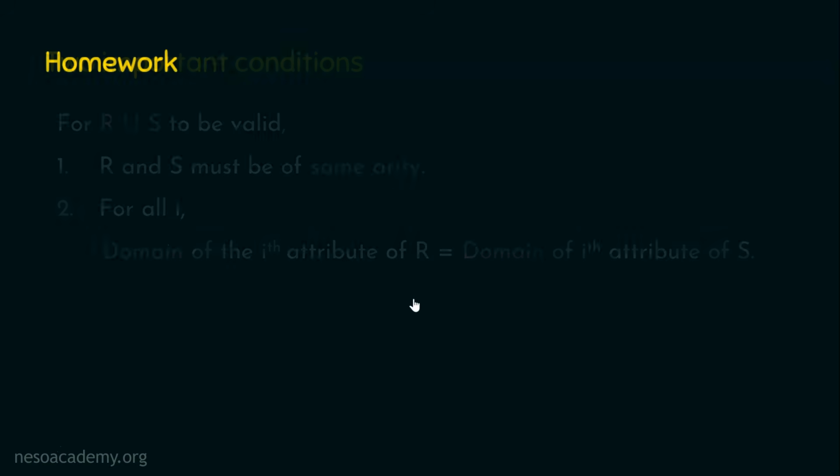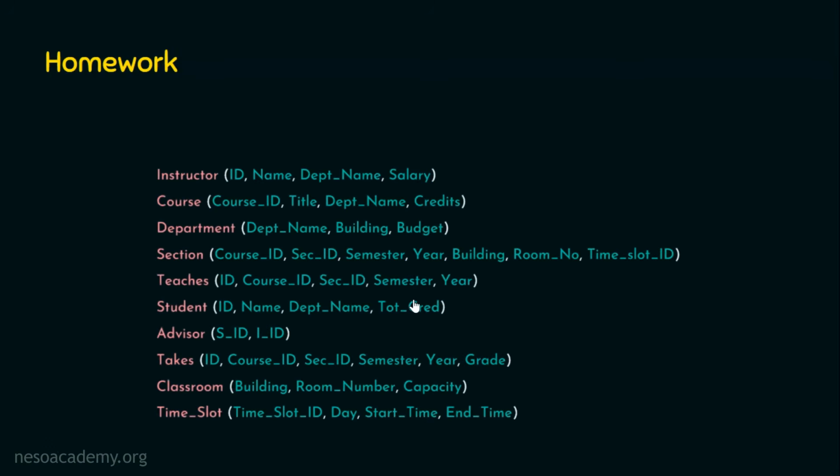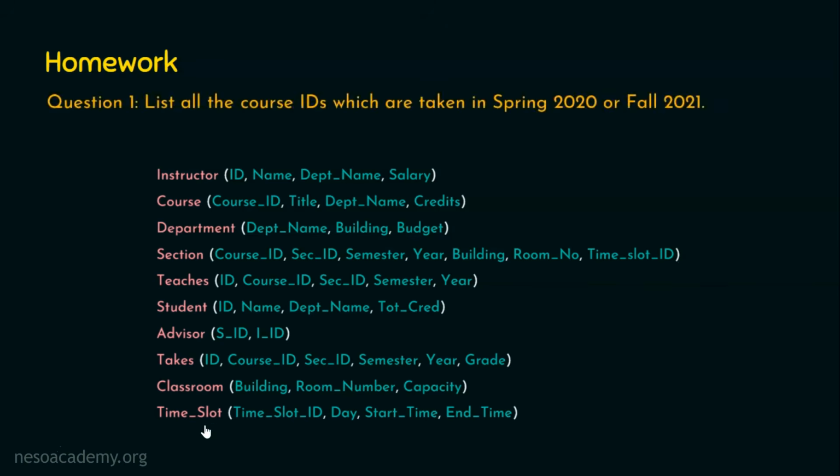Here we have two homework questions. Let's see what they are. Before seeing the questions, I wanted to introduce the schema that we are familiar with. This is the university database schema, where we have multiple relations: instructor, course, department, section, teachers, student, advisor, takes, classroom, and time slot. Question number 1: list all the course IDs which are taken in spring 2020 or